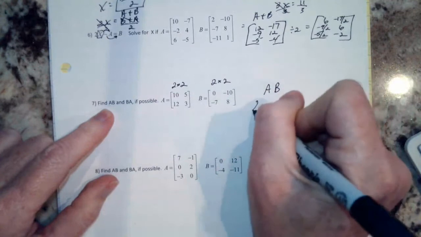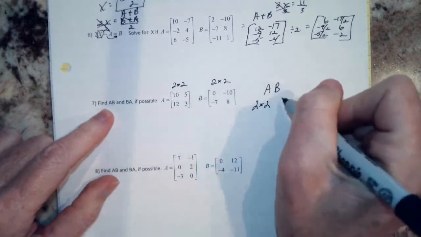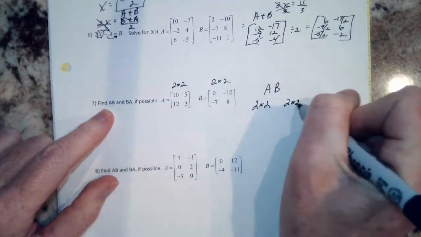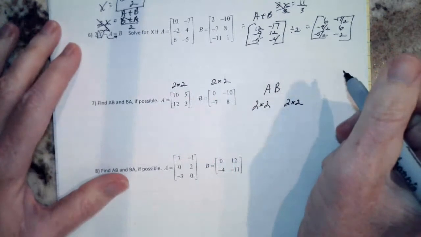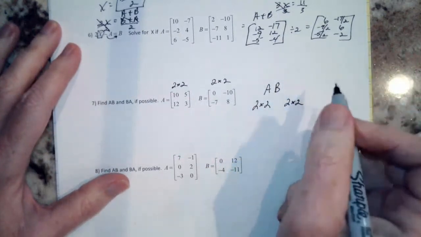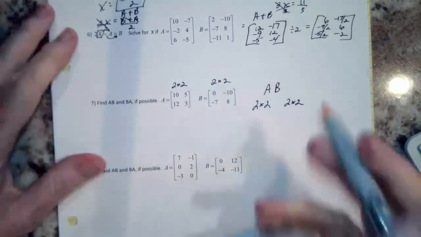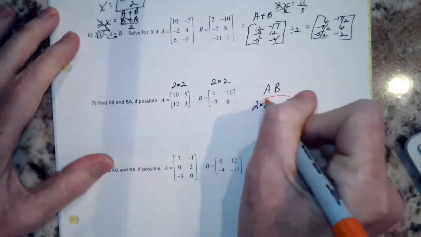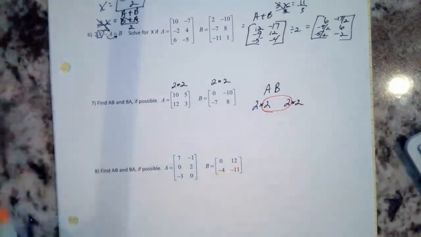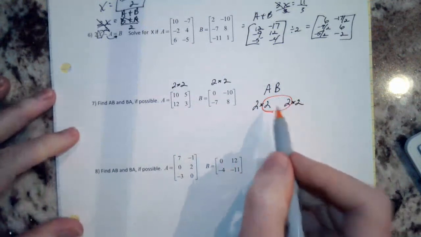So A is 2 times 2. B is 2 times 2. In order to be able to play this game, in order to be able to multiply them, the inside numbers, these 2 numbers, have to match. They have to be equal. They are equal. So we're